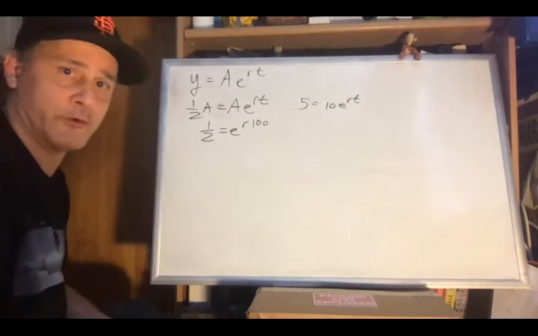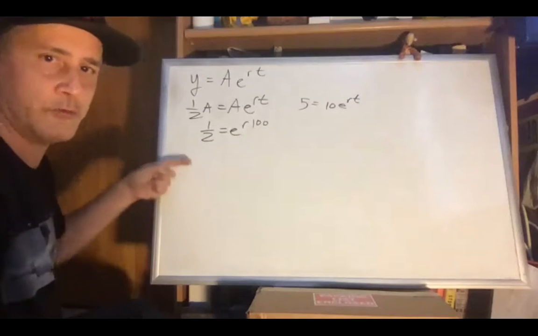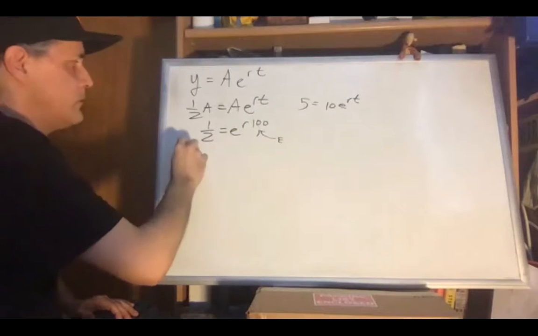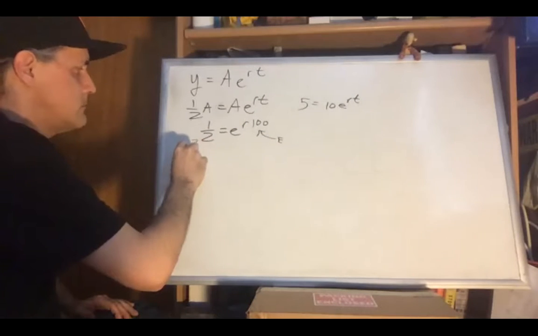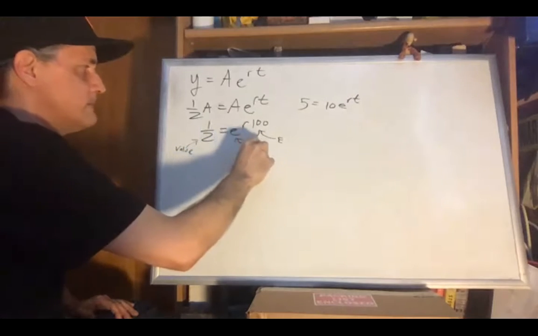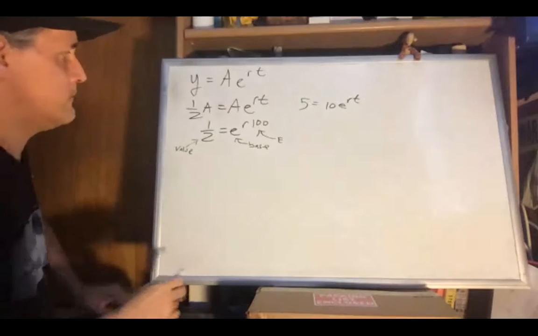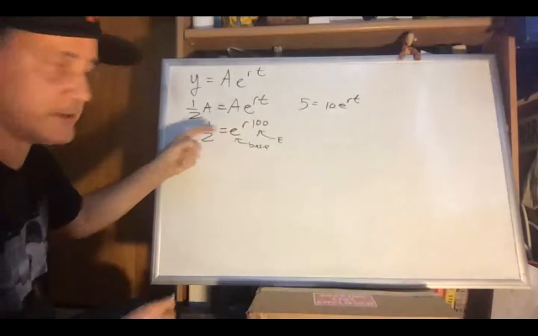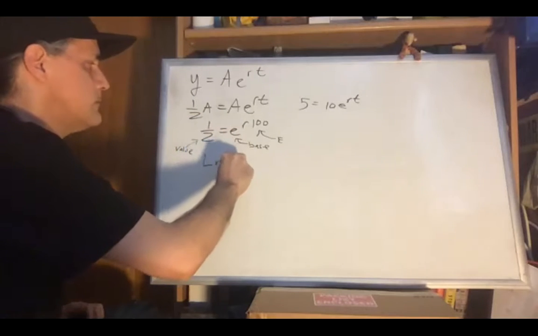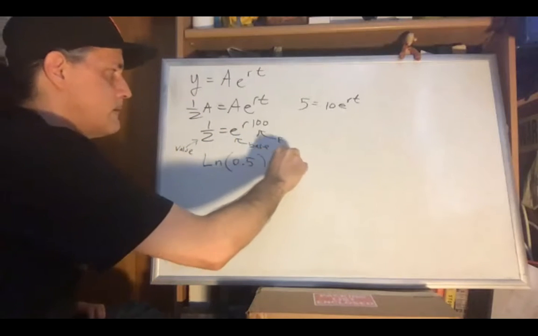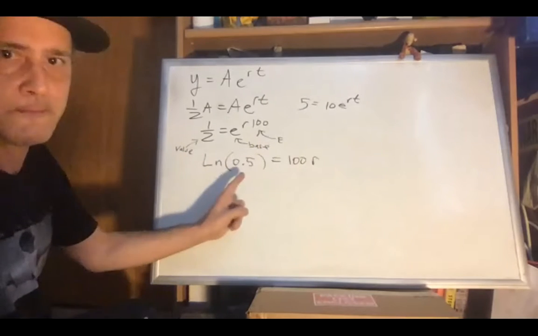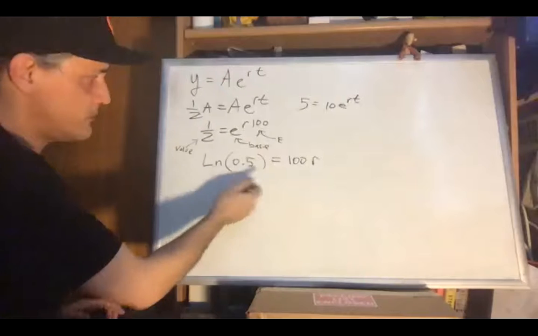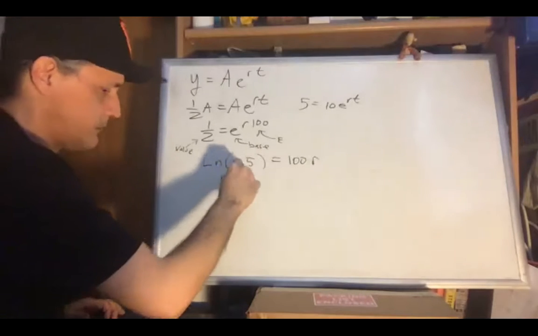Okay, so now we want to reverse this to the logarithm. We've got our exponent, we've got our value, and the base is E. So the log of the value is going to equal the exponent. And since it's base E, we can use ln. Okay, now I just put it as 0.5 here. All right, so you calculate this and then you divide by 100, and what you get is